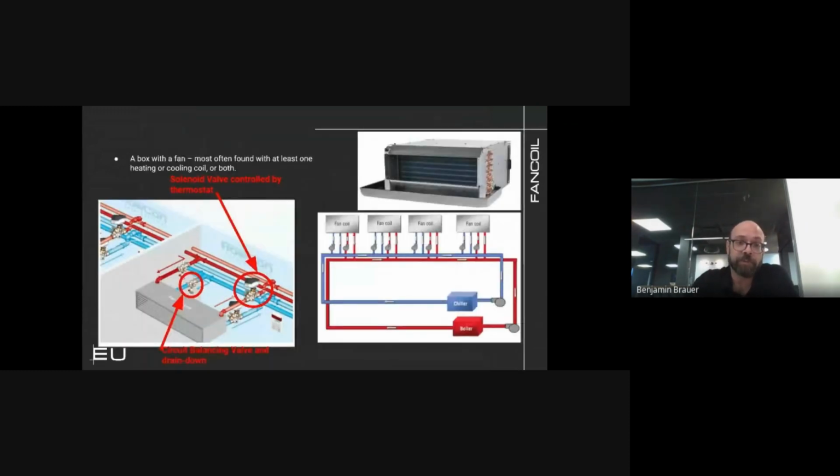Next system we'll talk about, which is the most common, is fan coils. The term fan coils can be used to describe both hydronic or refrigeration type fan coils, but for the purpose of this presentation, we'll use the term fan coil to describe the hydronic type, i.e. water. Fan coils are exactly what they sound like, boxes with fans and coils. Fan coils can be used for heating or cooling, or both. In the event the fan coil is used for heating or cooling, we refer to them as two-pipe fan coils. In the event the fan coil is used for both heating and cooling, we normally refer to them as four-pipe